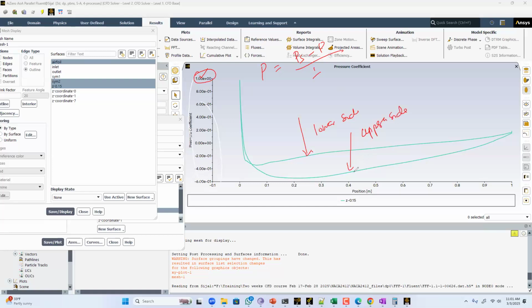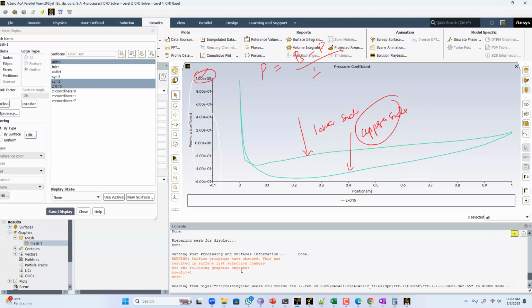Where actually we have the acceleration of the fluid there. Okay, with the velocity will be higher on the upper side and velocity will be lower on the lower side. So that's why we have to flip that one. So this should be shown on the upper side, and this will be the different. This will go on the bottom side as compared to the upper side. Okay, so